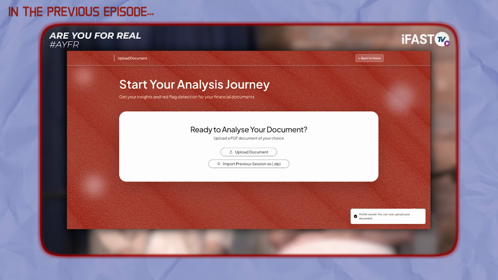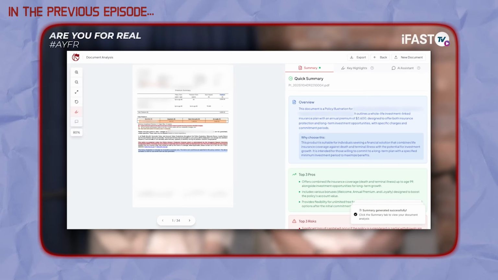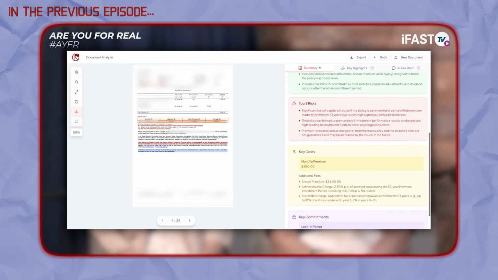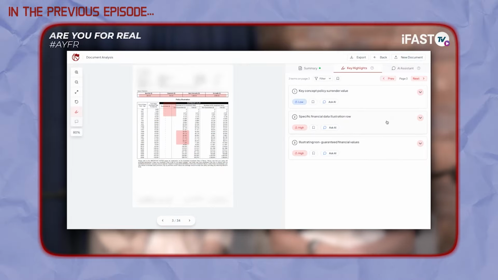Redflags is a web application that helps users get more clarity and understand their financial documents better. Initially our target was youths, but as a team we felt it could be applicable to anyone of any age. You upload your financial documents, like ILPs, and it helps you break them down, simplify financial jargon, and highlight hidden terms in an extensive 40-page document you have no time to read. It flags them out and simplifies them so you can understand better.